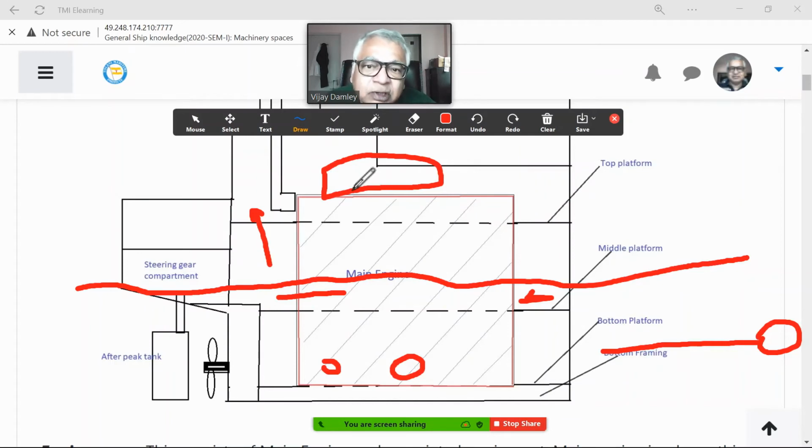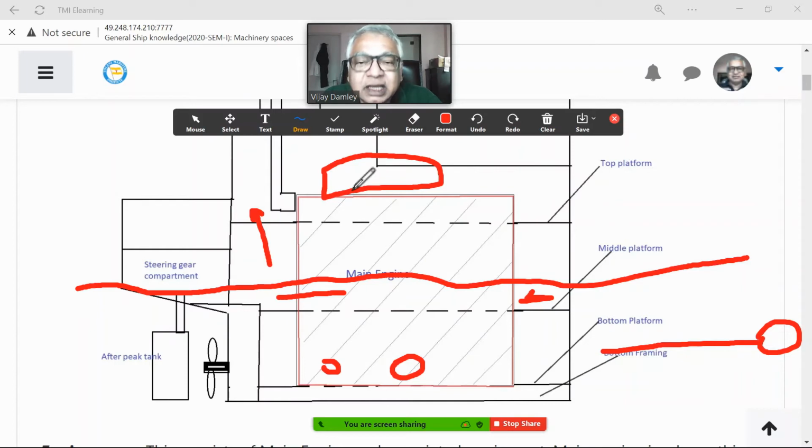Some important things to remember, very important things to remember. An emergency generator is provided in case everything fails, so you get the power. That emergency generator is never ever in the engine room. Why? Because the engine room can catch fire. So the emergency generator is outside the engine room in a protected place.